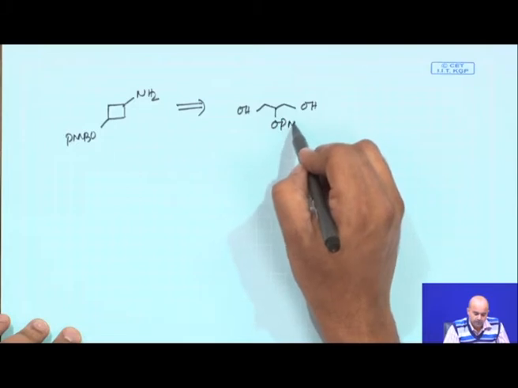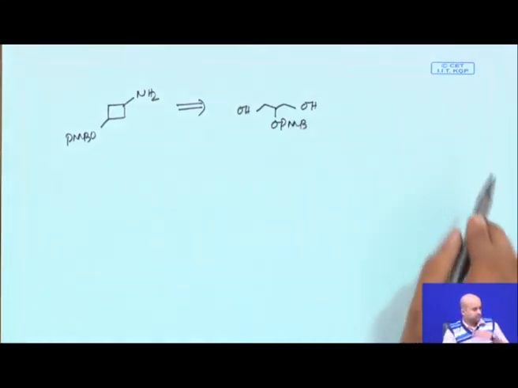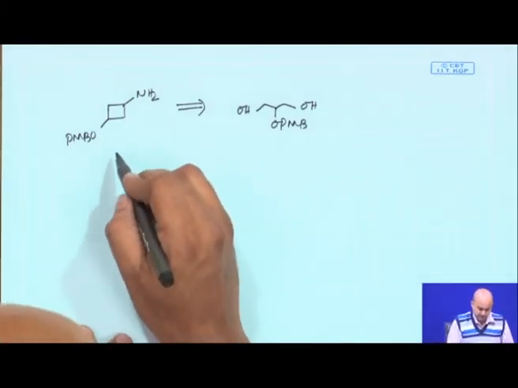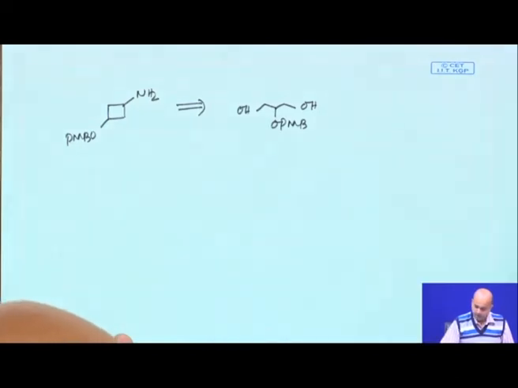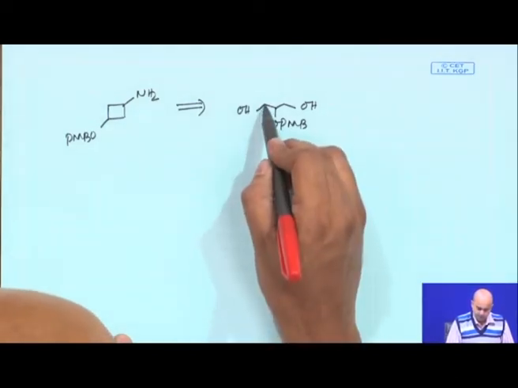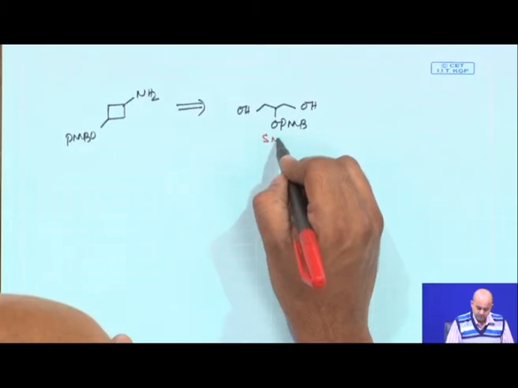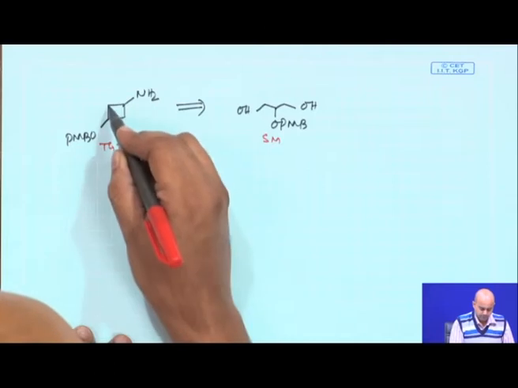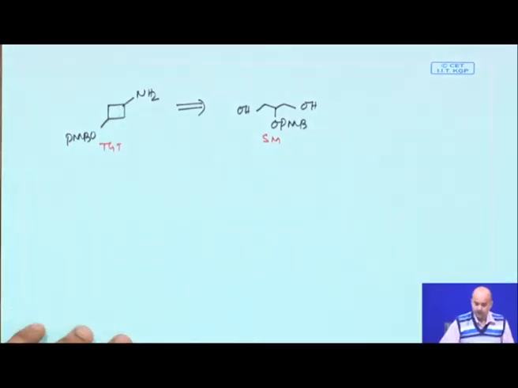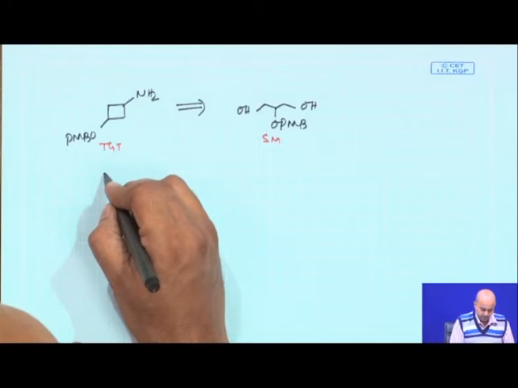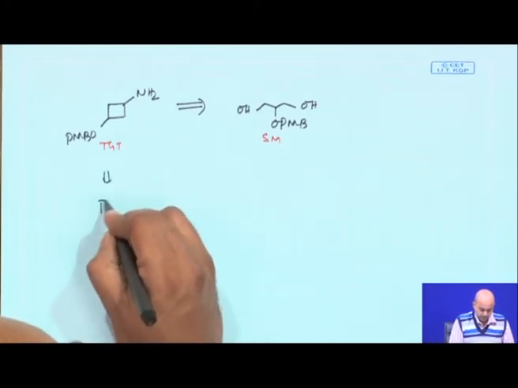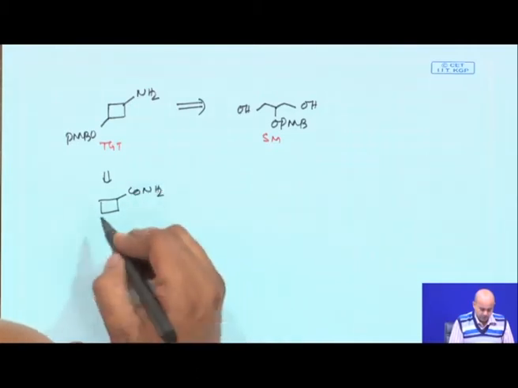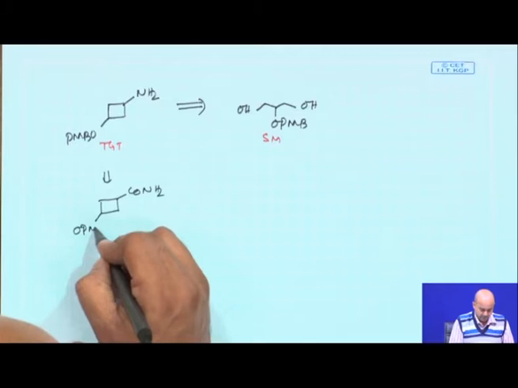I said I am giving you the starting material, this one. If you try to analyze how you can close it, you see the number of carbons are almost similar. This starting material has a 3 carbon framework, 1, 2, 3, and this is 1, 2, 3, 4. So, 1 carbon extra you need to introduce at some point. Now, do a very standard FGI, the initial FGI which you will be thinking is something like this.